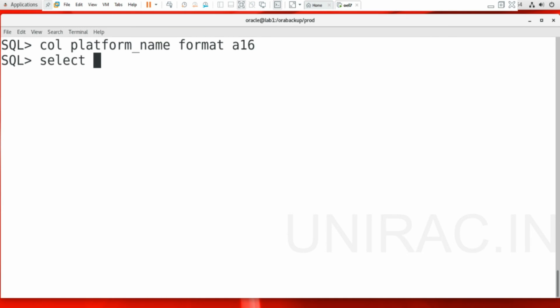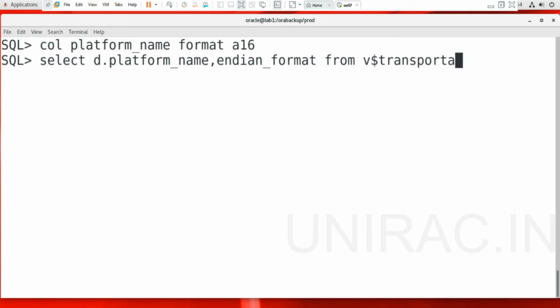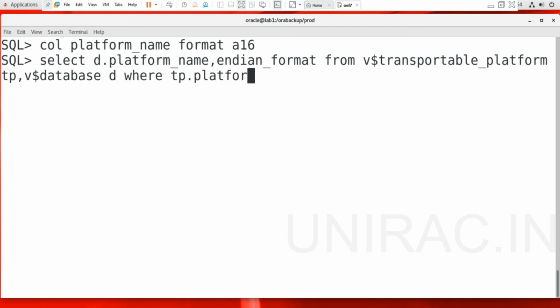And we'll write a statement from V$TRANSPORTABLE_PLATFORM tp, V$DATABASE d where tp.platform_id equal to d.platform_id.